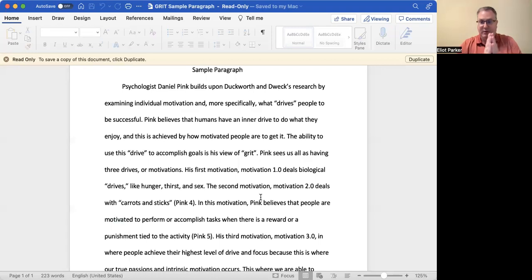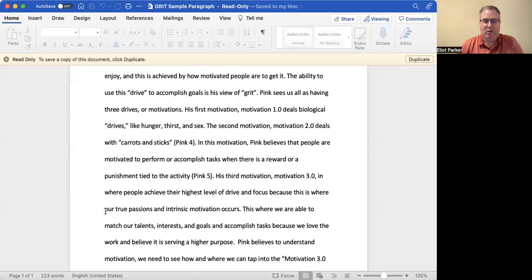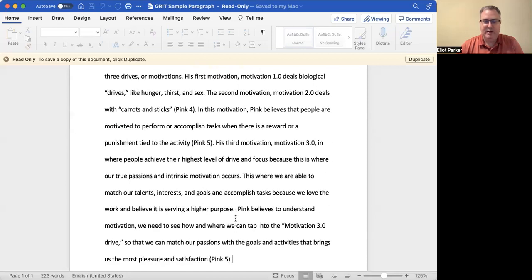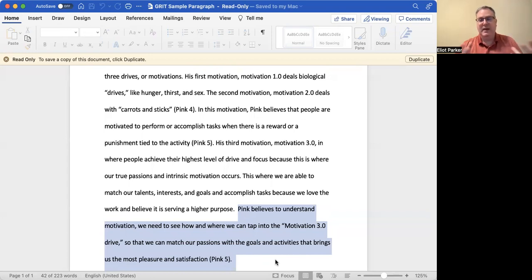If I was going to go back and revise this paragraph, some of you might be thinking, well, what changes would you make? Maybe I would focus a little bit more, and maybe I would explain a little bit more about how all these motivations come together. I talk a little bit about it here. If I was going to add a little bit more to it, or do some revision work with it, I would explain a little bit more about why that's important, or more clearly articulate how that's connected to grit in a variety of different ways. And so that's one thing I might do in the revision stage, is add a little more.